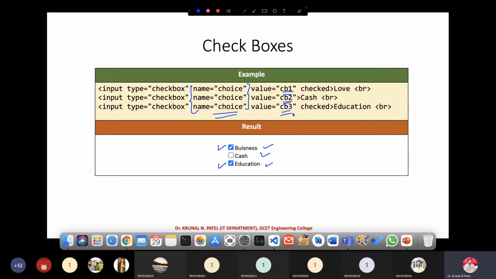Checkbox 1, 2, 3, or any other you can see, so here it should be there. This is about the checkbox. Here checked is used, here checked is used. So you can see that instead of this, that must be business. So you can just go for these checkboxes whenever you have multiple choices, if you want to select more than one choice.